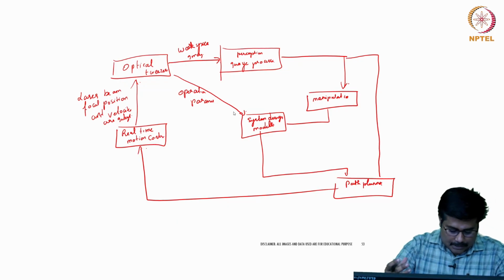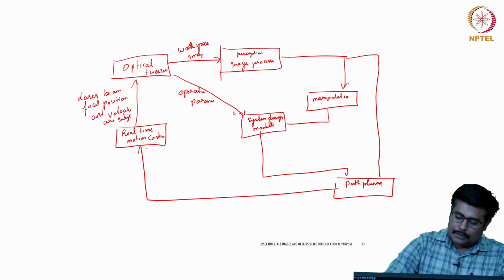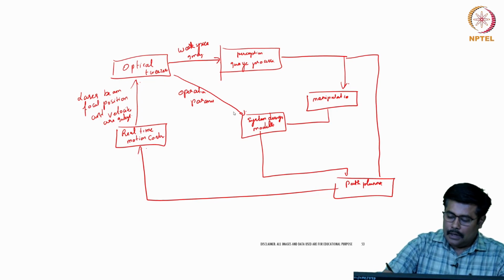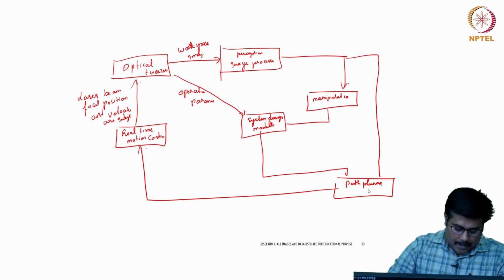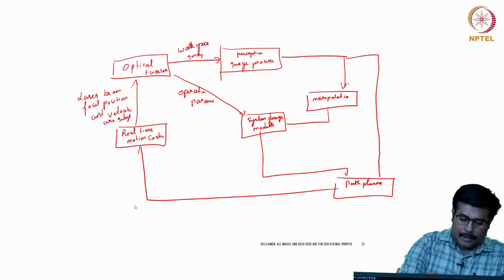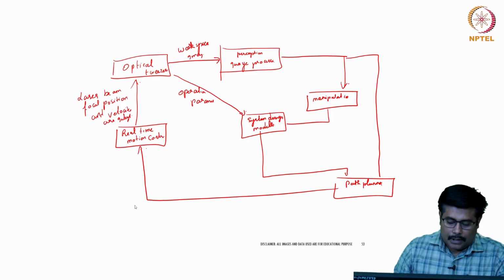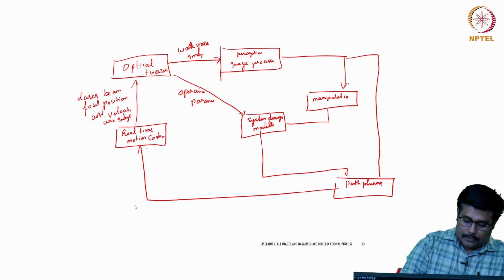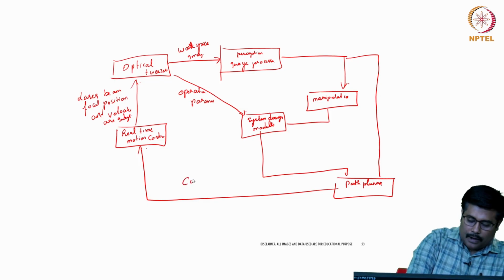Appropriately, the system design will take shape and model the system, and from the modeling the inputs are fed into the path planning, and from the path planning again it goes to the real time motion control. This will help us have collision free